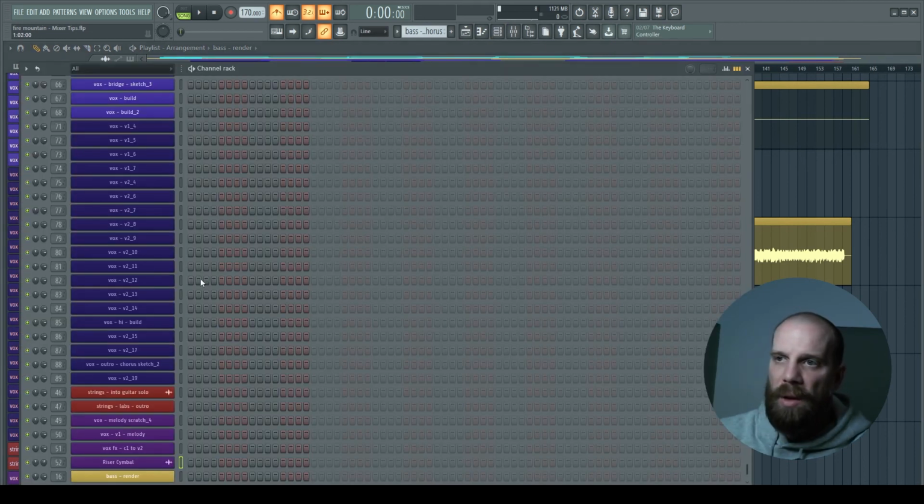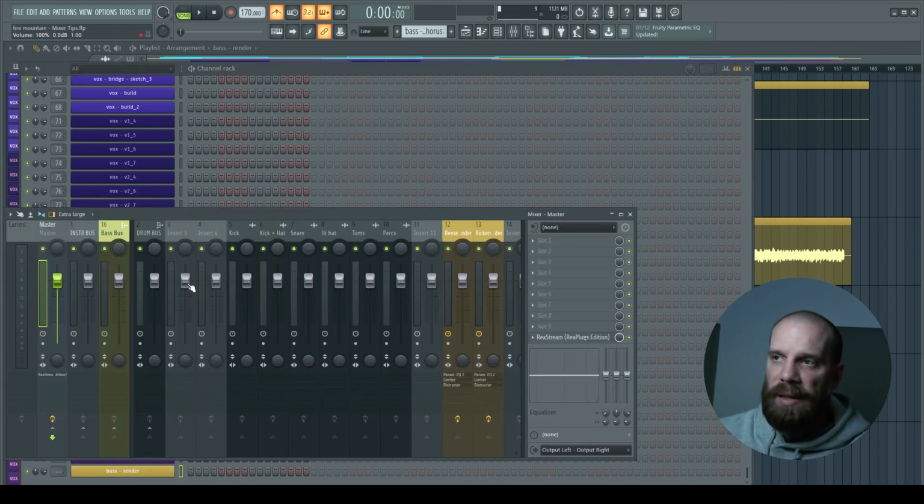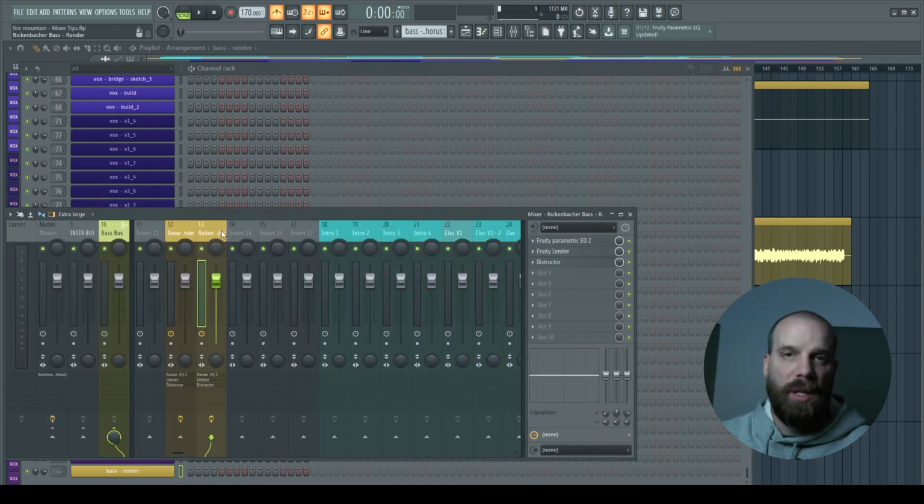And then if I came out to the channel rack, you'll see that it showed up down here at the bottom of the channel rack, and then I can associate that with whatever mixer track that I want to. One thing to note though is if I want to associate this with a mixer track, if you put it back in here into the track that it was already associated with, it will be like doubling up on the